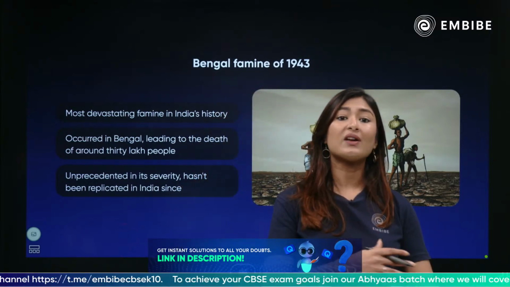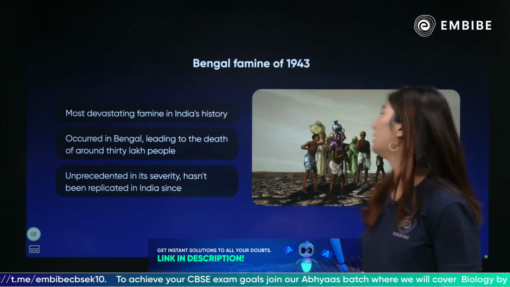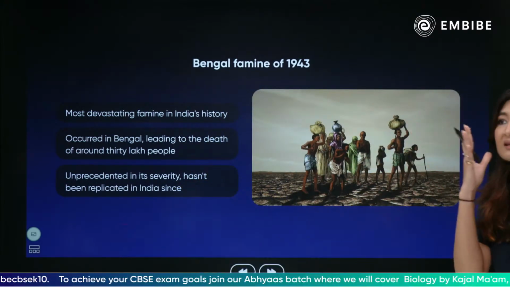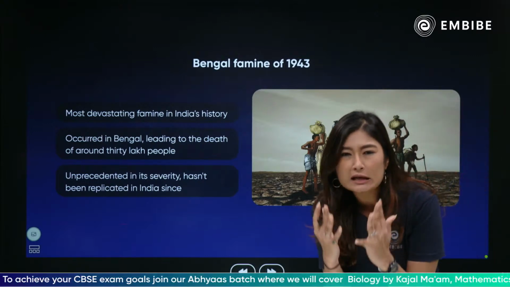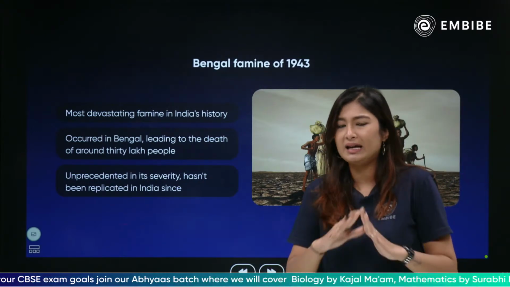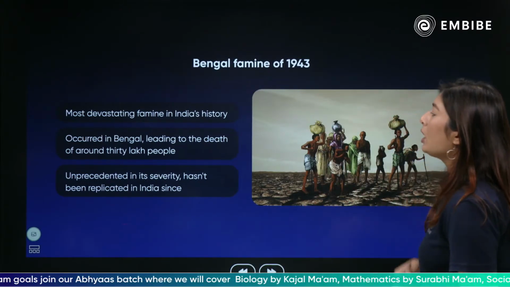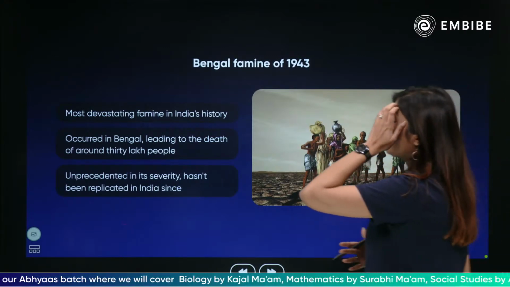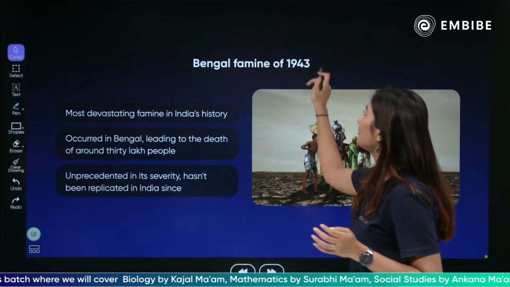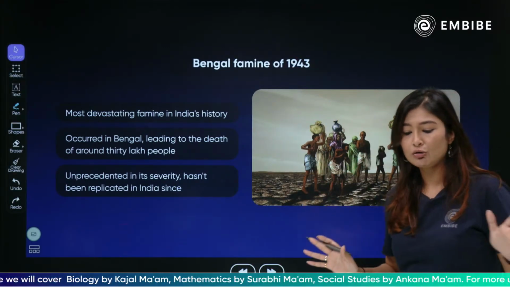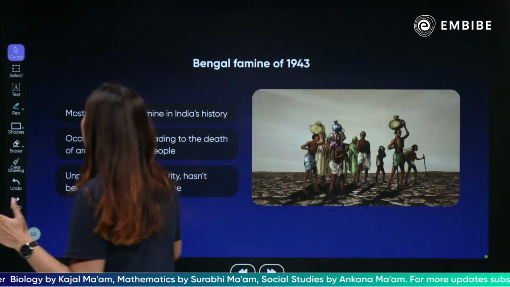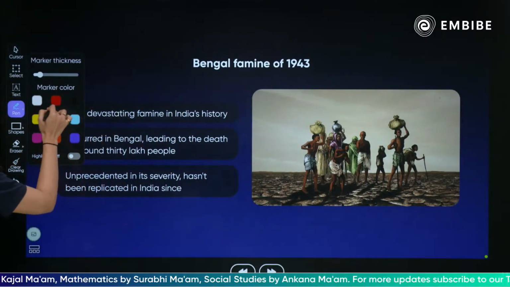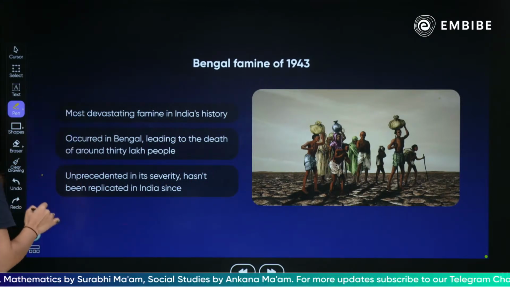So, bache, famine is when food is not available at all. It will start looking like this. People will start really being very sick, absolutely hungry and starving. So anyways, coming back to Bengal. So 1943 basically means British rule chal raha hai. Britishers are still here. Now, bache, something very unexpected happens at that time.